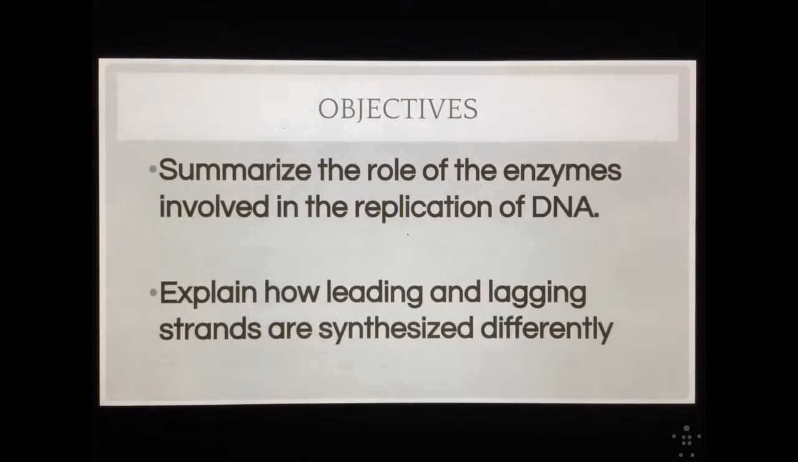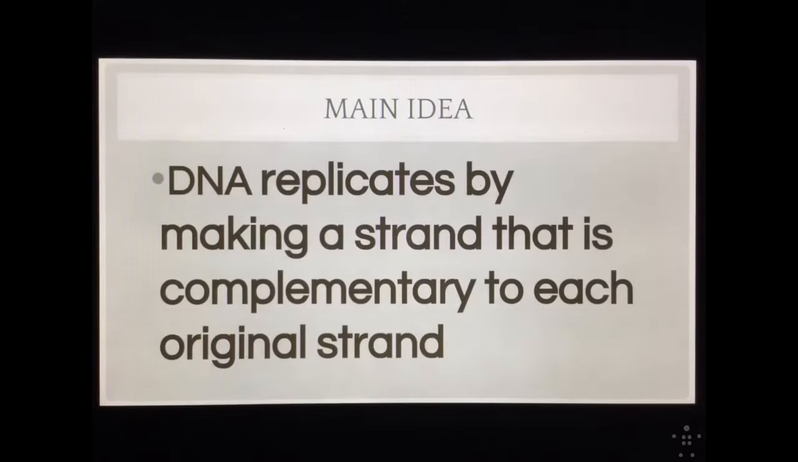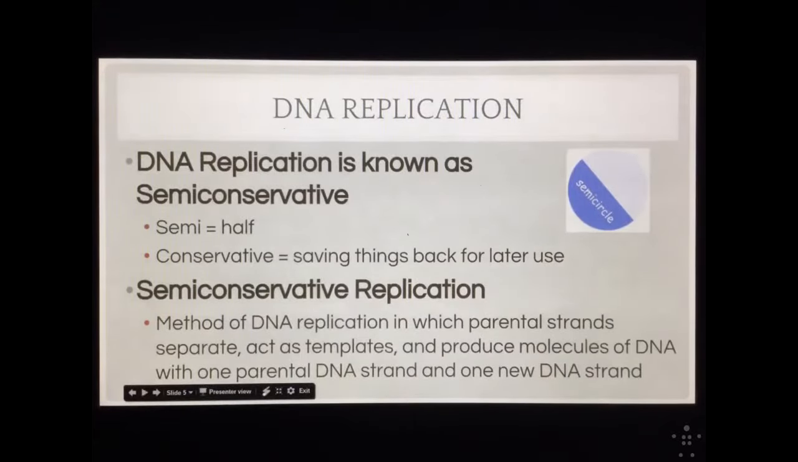The main idea: DNA replicates by making a strand that is complementary to the original strand. So, semi-conservative. Once again, we discussed semi as half and conservative as meaning saving things back for later use. So essentially, we're going to take half the DNA strand, our double helix, take the left half, for example, and synthesize a new right half from that. So half of it will be old strand, half of it will be new synthesized strand. And then we'll do the same thing to the right half, and therefore we will have two identical copies of